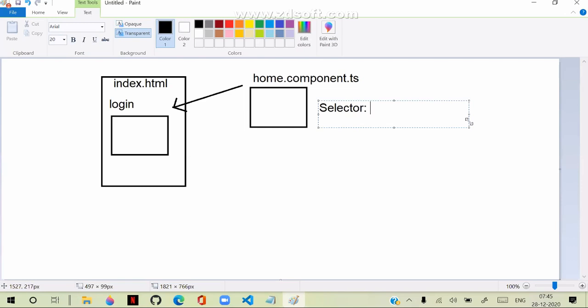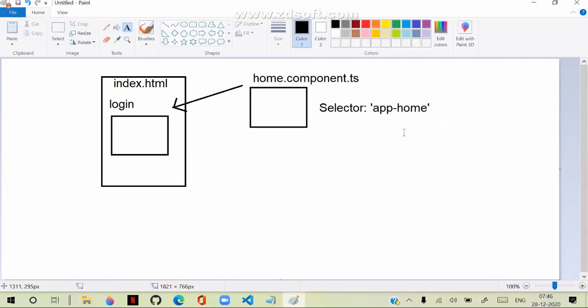It is a rule that every selector you define for a component must have the prefix app and a hyphen. It is mandatory. After that, it can have any name. The HTML page will use this selector to access your component.